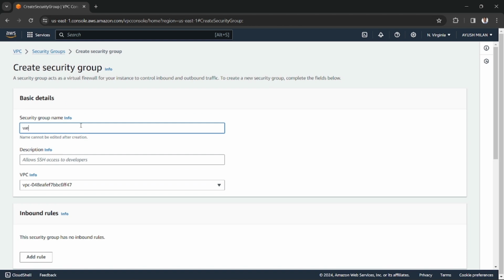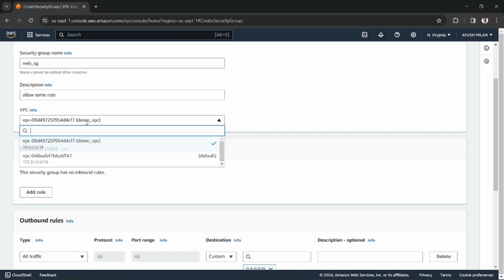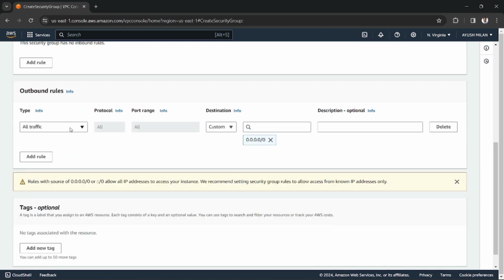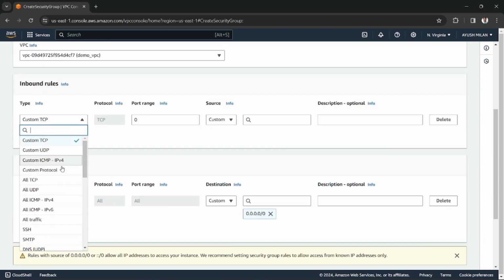So this is my web server security group, which allows SSH for the initial setup of our database and HTTP. In this we have to allow some rules. Right now I'm writing in the description "allowed some rules", and choosing the VPC as this demo VPC. For the outbound rule this is good. For the inbound rules we are just